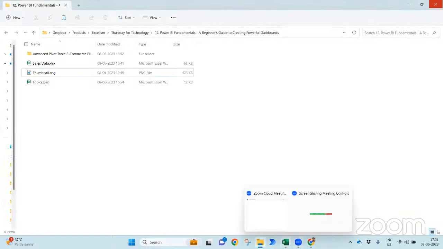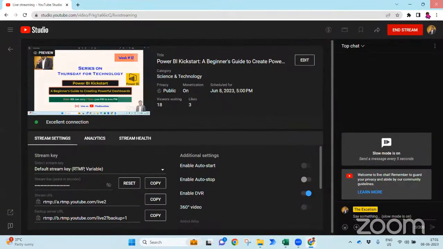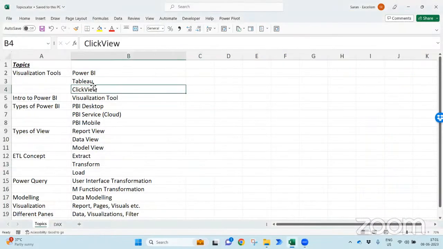Without taking much time, let me go into today's session topics. Let me tell you, Power BI is a Microsoft application. What is it meant for? Power BI is meant for visualization. If you want to build any dashboard,